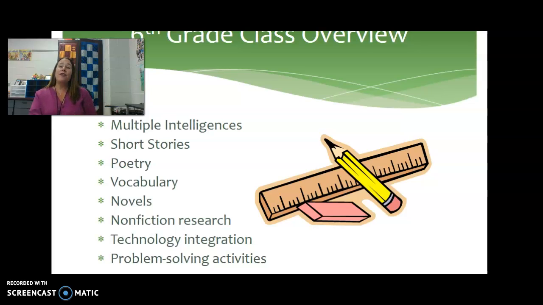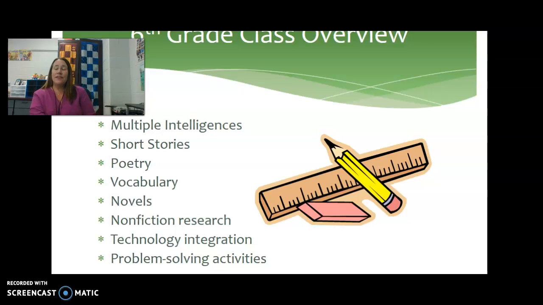Our big novel this year is going to be H.G. Wells' The Time Machine. That'll happen a little earlier than midway through the year, and it will coincide with a science fiction unit that we do. Even if you're not a science fiction fan, don't worry. I wasn't either when I was your age, but I love this story, so I think you guys will really enjoy it. And the best part is that in the end, we get to compare the book to the 1960s classic movie, and that's a lot of fun.